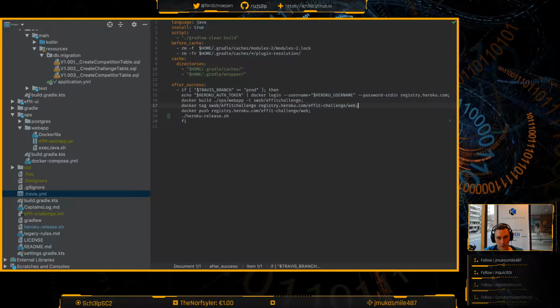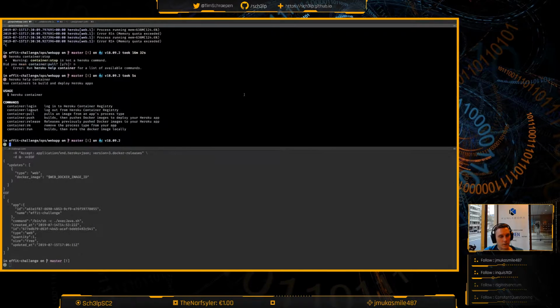Right, I can't do this because I'm not logged into Heroku registry. You know what? We're just gonna try and do this on